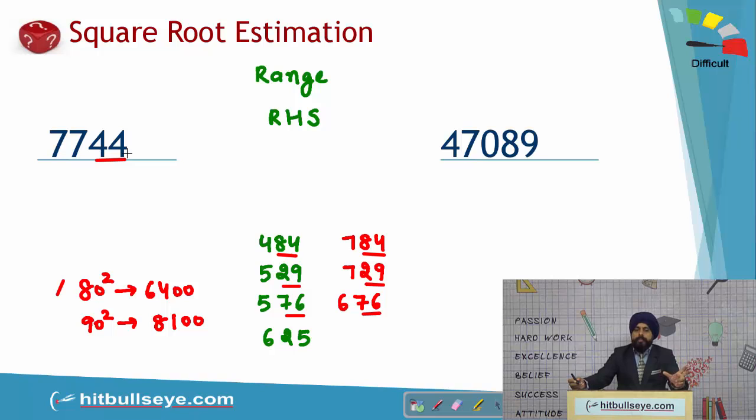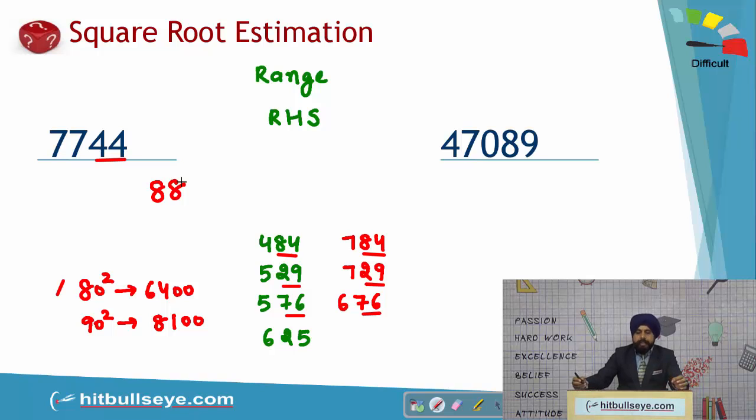Now 12 is involved between 80 and 90. The only number where 12 is involved is the number which is at a difference of 12 from 100, that is 88. Right? It is slightly complex. You have a doubt? Just see 1-2 more questions. It will be clear to you.